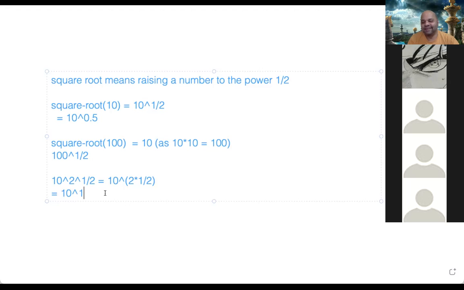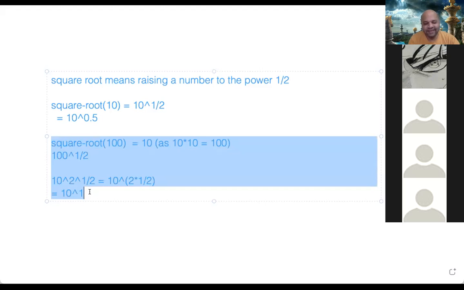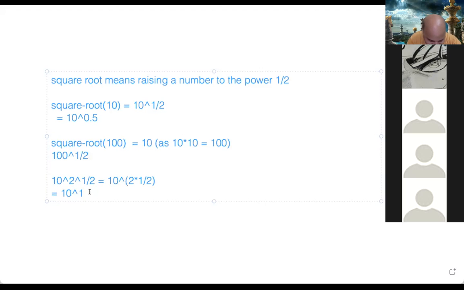Sir, if... sorry, nothing. I thought you were in cube roots. Huh? Sorry? I thought you were in cube roots now. Cube root, I will tell you. First, we'll just get square root and then we'll go to cube root. Okay. So